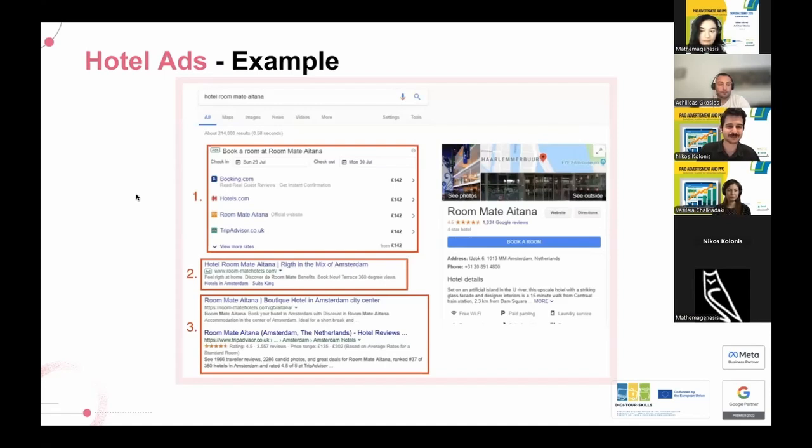First, we have the hotel ads, and then below that, at 2 here, we have the search ad, and below that, we have the organic search results. So sometimes it is a good strategy to use both hotel ads and Google search ads, because this allows you to sometimes appear 2 times. So if somebody's searching for a room, they won't miss your accommodation. They're sure to see it.